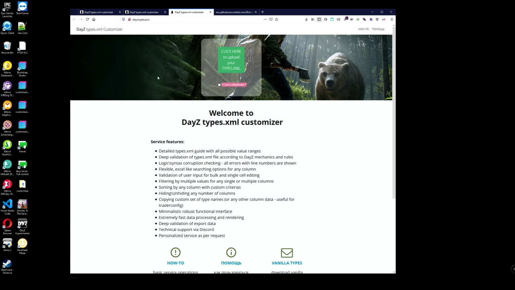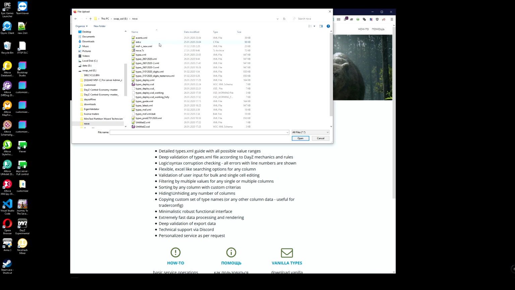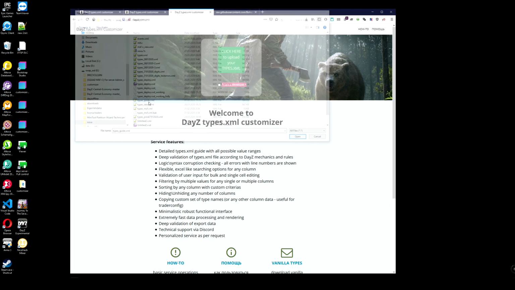Yeah. So get back to the... By the way, this one is the button to return to the home folder, to the main page. Okay. So let's begin. Click here, select your file, which one should I use? Oh, like this.